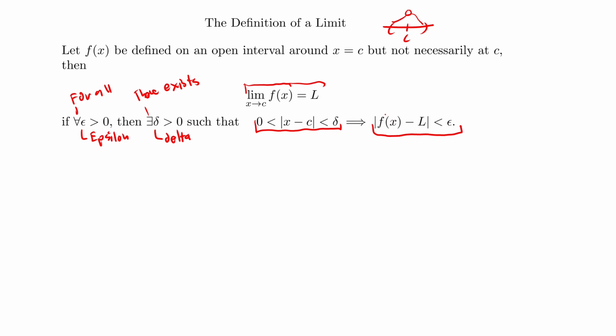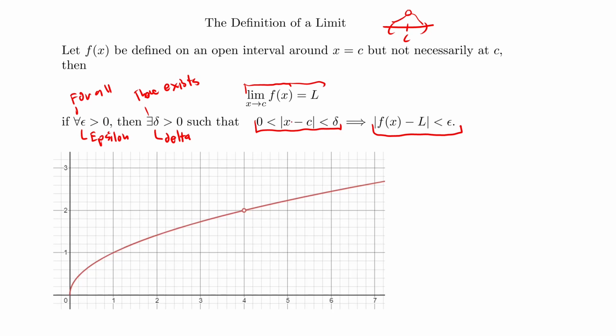So let's actually try to break this down with a graphical example here. So this is a particular function that, before this definition was given, we would have been able to conclude the limit as x approaches 4 of this function is equal to 2. Okay, that should be obvious based on the statement. So what does this actually mean? Well, what it's saying is that if I were to consider the value 2, which is the y value, you'll notice that epsilon is associated with the y values, and delta is associated with the x values, so keep that